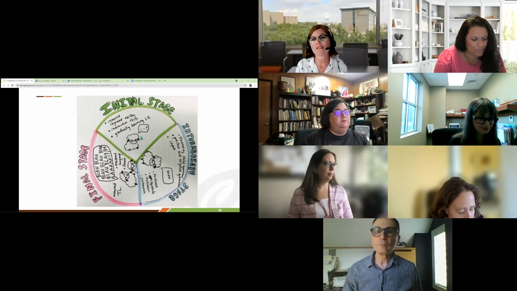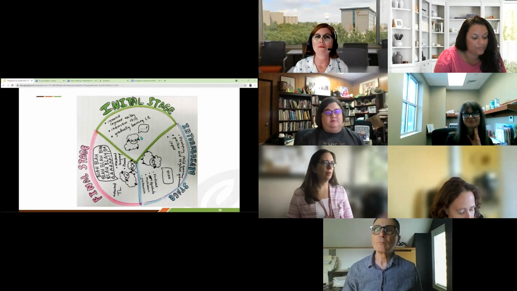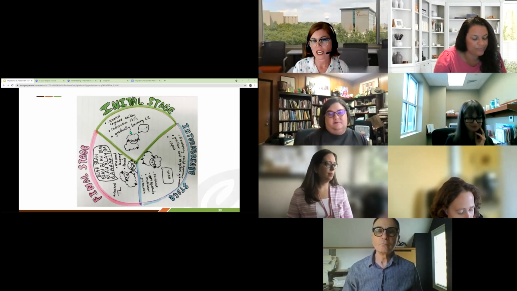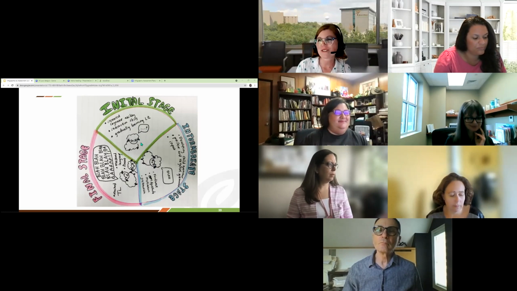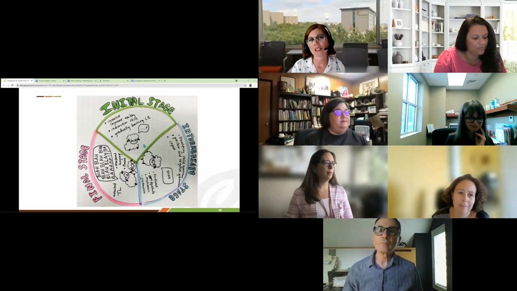And then this was, I have to say, not that I have any favorites in teaching, but this might be a favorite. This was the language learning sheep. And so the little sheep starts in the initial stage, increased cognitive ability, interaction skills, and then moves into the intermediate stage and is talking a little bit in the target language, blah, right? And then the sheep moves into the final stage of language learning, where the sheep's just blah, blah, blah. And so it was just a really cute way to demonstrate the application of these concepts.